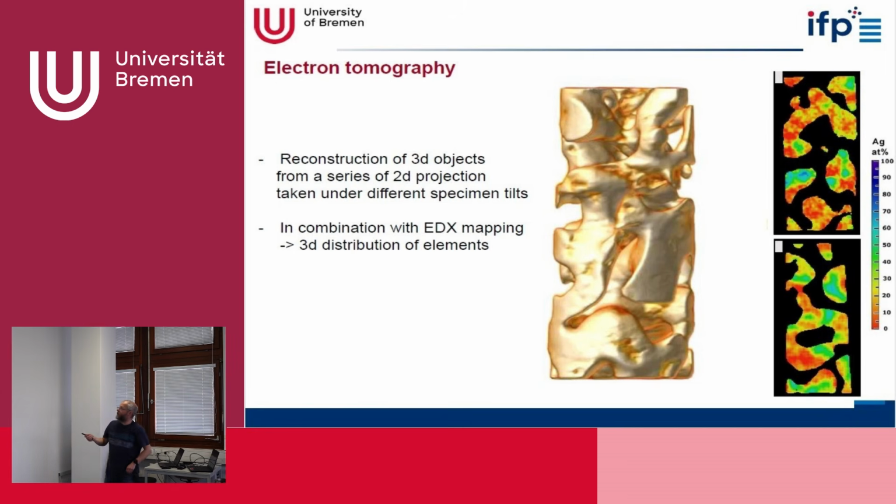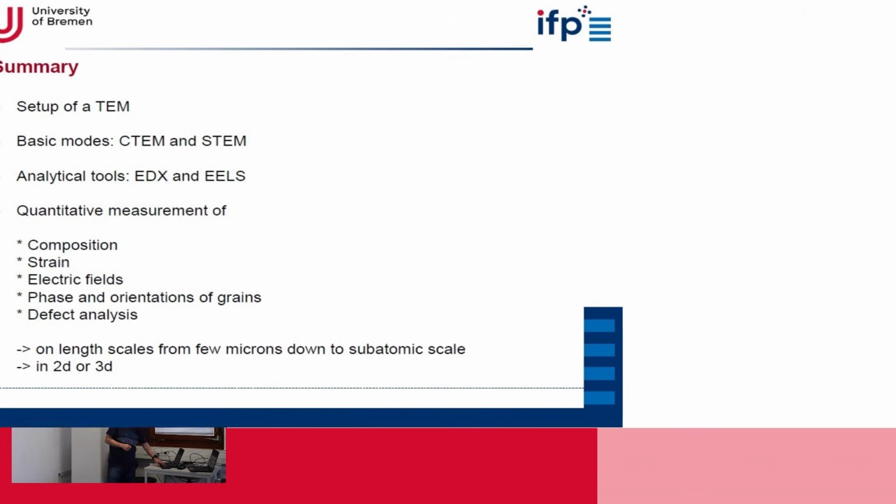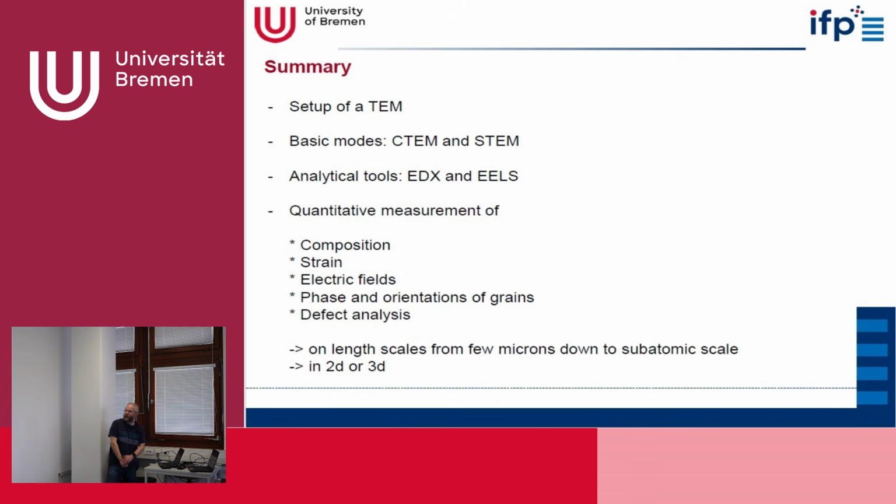It works, okay. So now we can see, of course, how the ligaments are formed. We could measure from this 3D structure the sizes of the ligaments and the pores, and we can do this even together with EDX. So then we can see that most of the parts are made out of gold, but we can also see that there are some areas where we still have some residual silver in this structure. And this, of course, was important information for the people who produce these structures. Oh no, the nanoporous gold, not the needle-like structure.